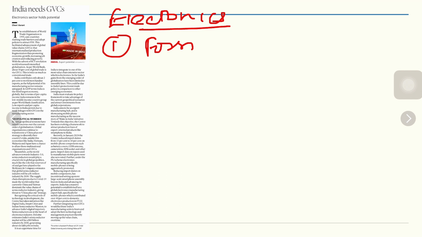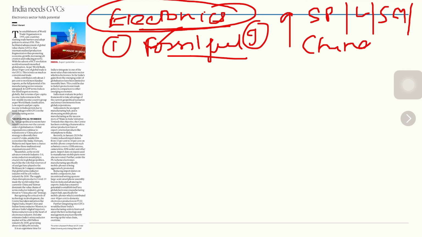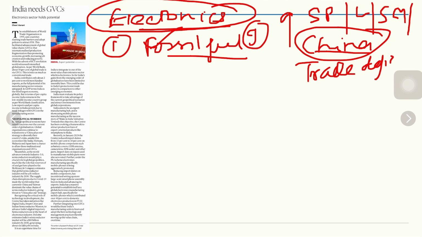Number one, because when we look about the fossil fuel and the imports that India does, there was a time actually when electronics was about to surpass fossil fuels because India's dependence on electronics was increasing, be it smartphones or laptops or any other semiconductor materials or chips, whatever. So this was increasing our dependence on electronics. Imports were rising, and we were getting dependent on especially countries like China for our supply. Trade deficit with China was also increasing because of this particular reason.